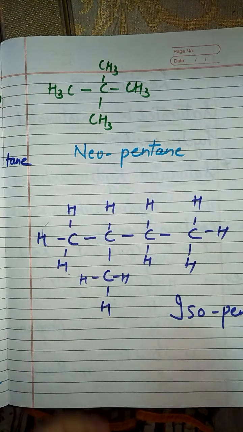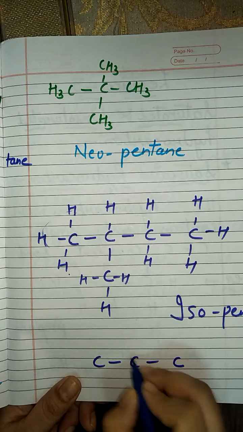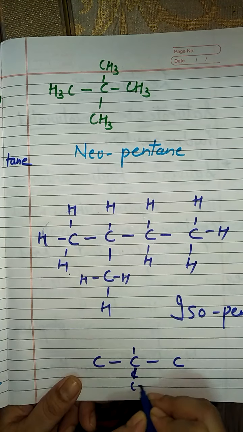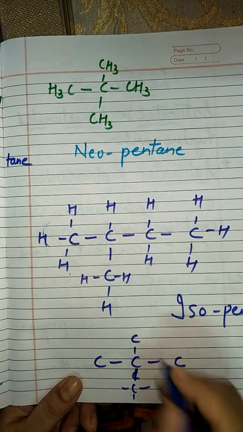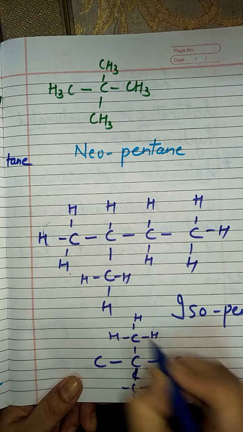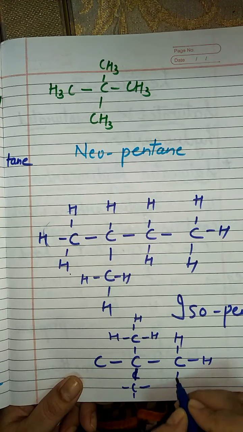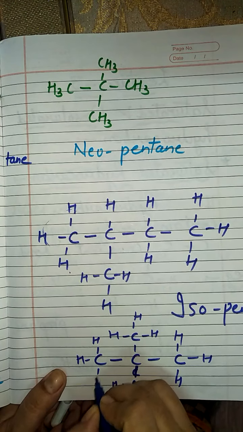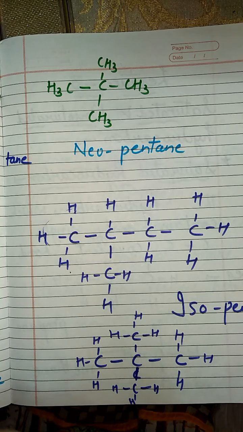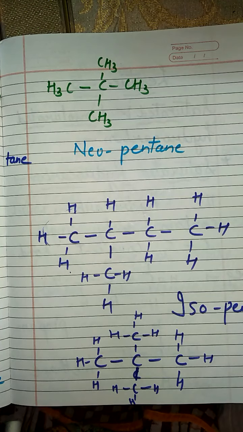And how will neopentane be formed? In a shortcut way I have written it this way. How you can form: 1, 2, 3, when 2 carbons come in branching, then neopentane will be formed. One carbon taken below, one carbon taken above, hydrogen will be attached definitely. So one thing you keep in mind, when one carbon comes in branching form, that is going to give rise to an isostructure. When 2 of the carbons come in branching form, then it is going to give rise to a neostructure, that is isomerism.